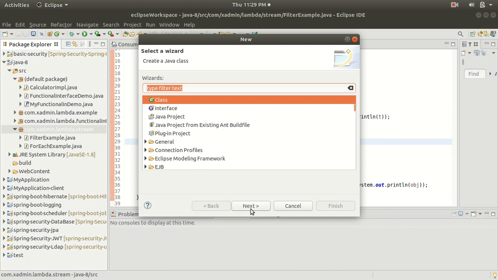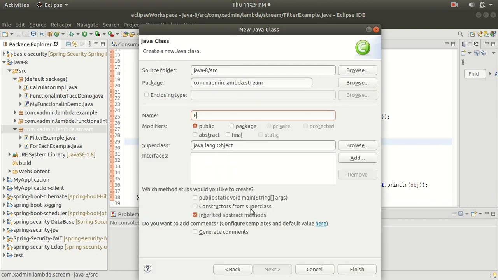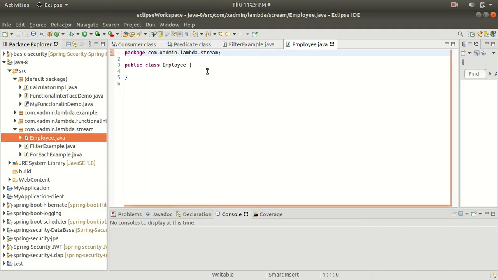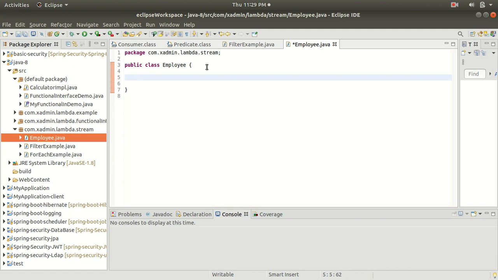So let's create a class with the name Employee, and inside this class I'm going to put the information of the employee. The properties I will add are ID, name, department and salary. So let me put the ID.